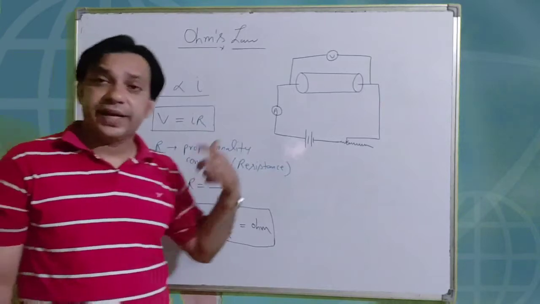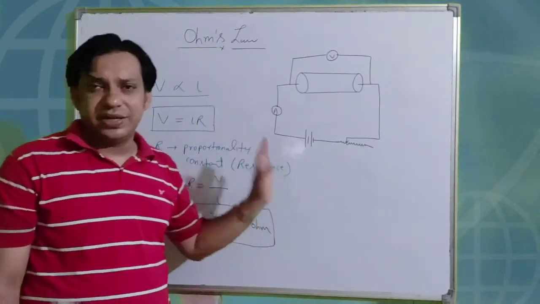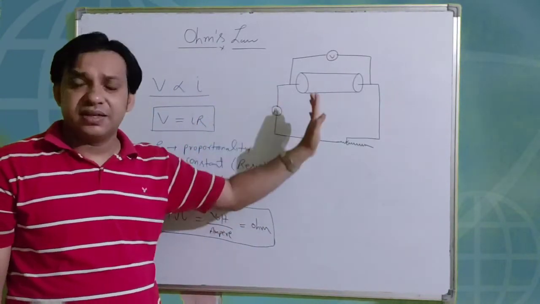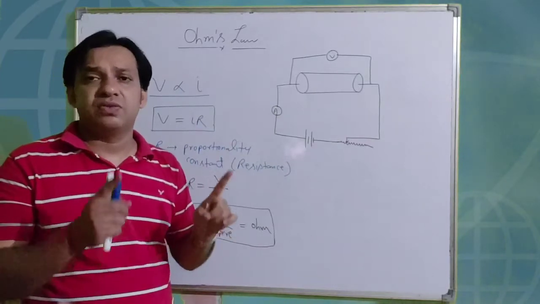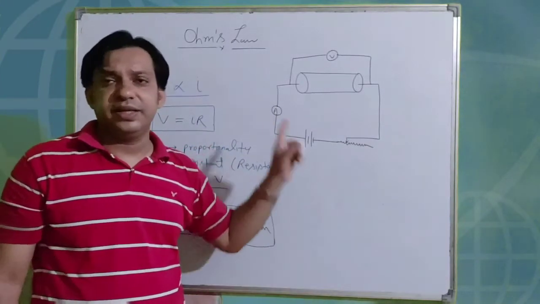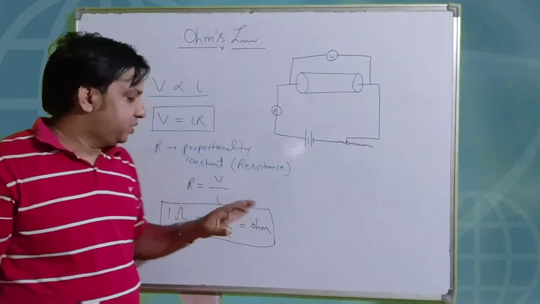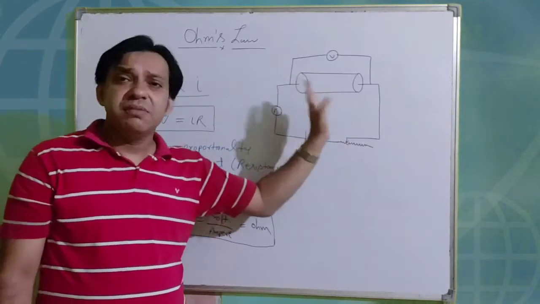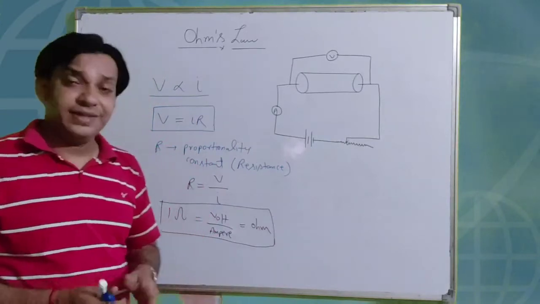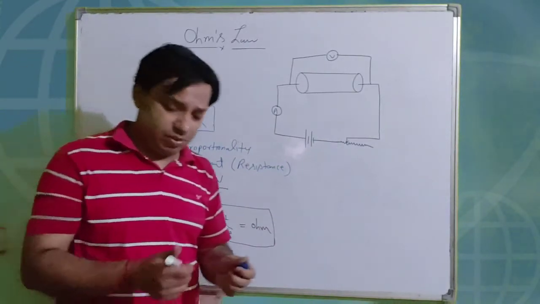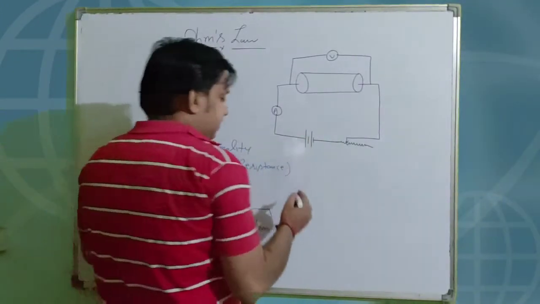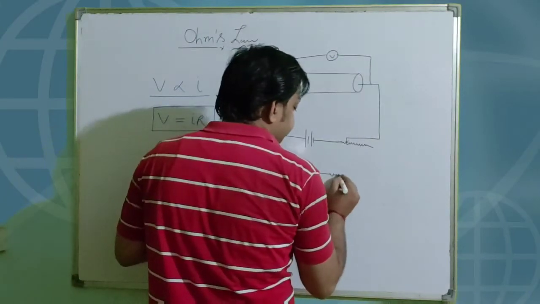So if you want to express 1 ohm, it is equal to the resistance of that conductor when you are applying the potential difference of 1 volt and the current flowing through the conductor is 1 ampere. Right? So this is your basic. Now the symbol of the resistance is different. Already the chart is given in your book. So you can express this circuitry like that.